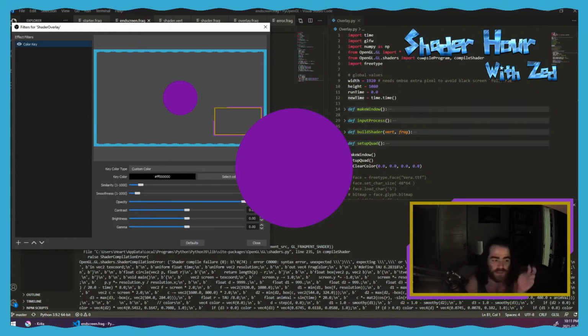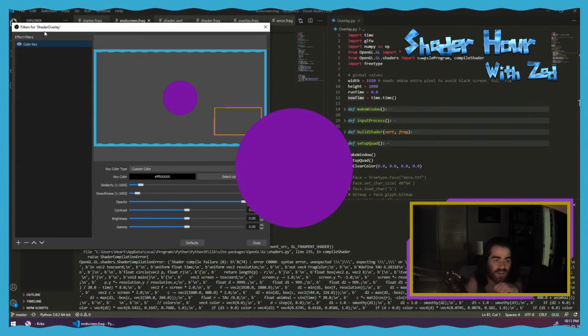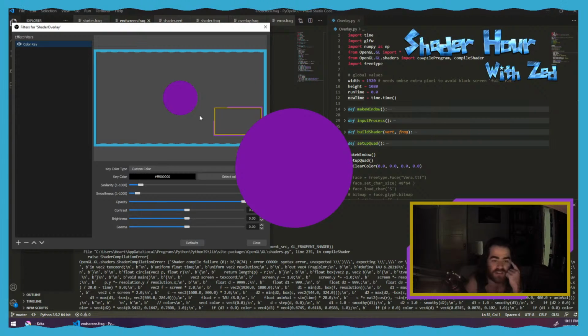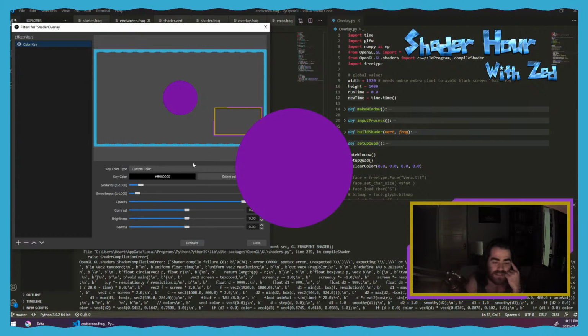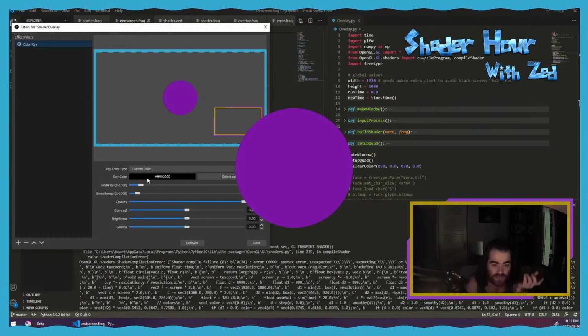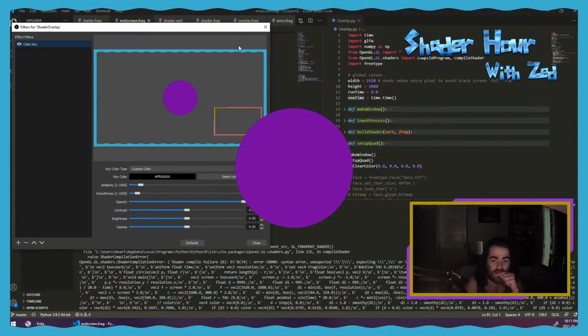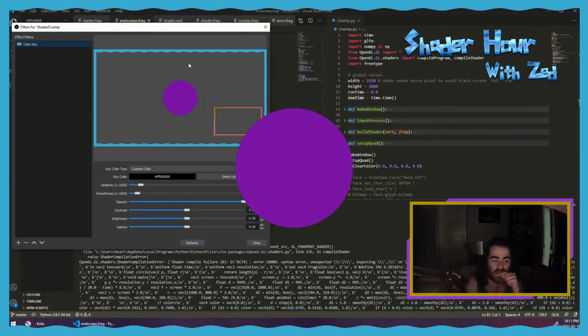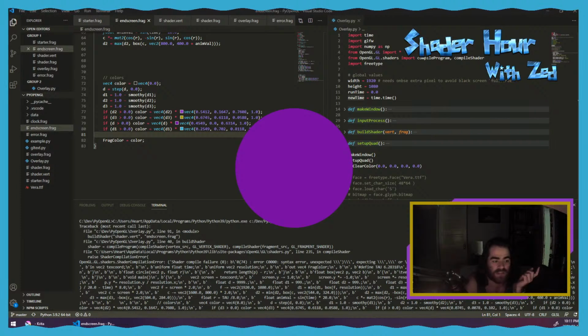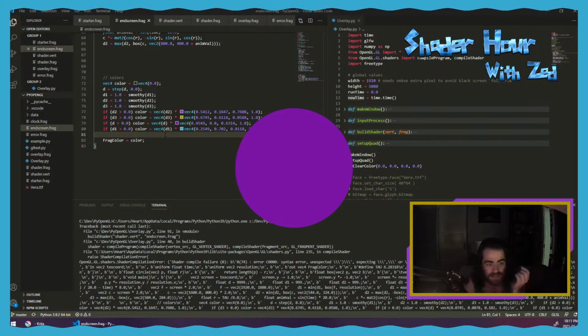I'm calling this program overlay, and so it finds shader overlay, and I added a color key. And for simplicity, I was just using black. It actually renders out black instead of transparent,